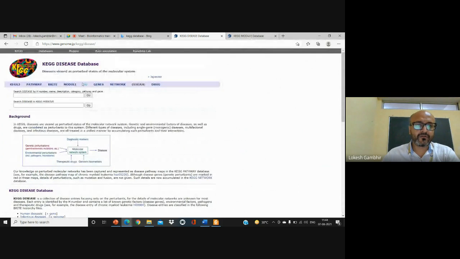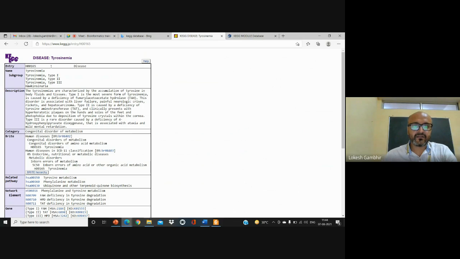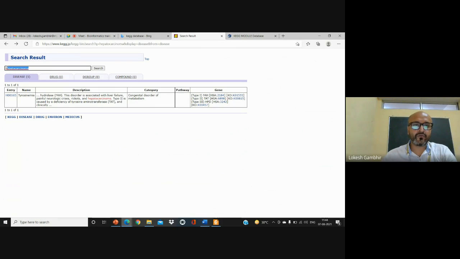Let's see what they meant exactly by this. I am writing here, let's say, hepatocarcinoma, a very specific search. You can also write a general disease module. With hepatocarcinoma I get only a single hit, the tyrosinemia disease, and the drug and compound availability will also be there.